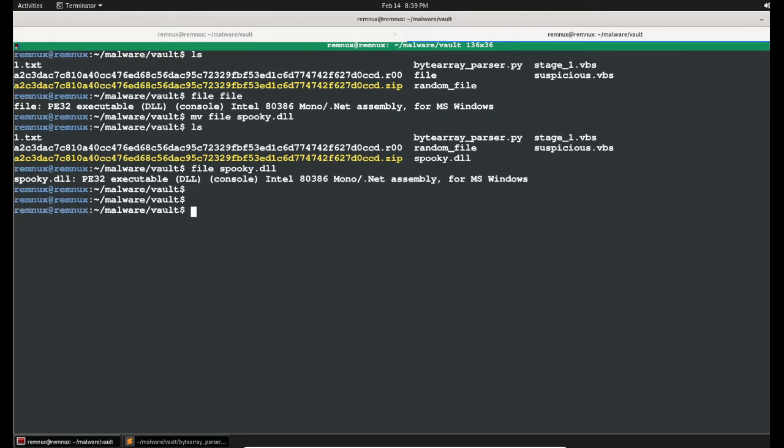So let me showcase how to use it. ILSpy is already included in this Linux distribution. It is the ILSpy command prompt version, and I am just using this particular thing against the DLL, and I am outputting all the files inside a separate file. So let me name it as spooky.net. I'm simply naming it.